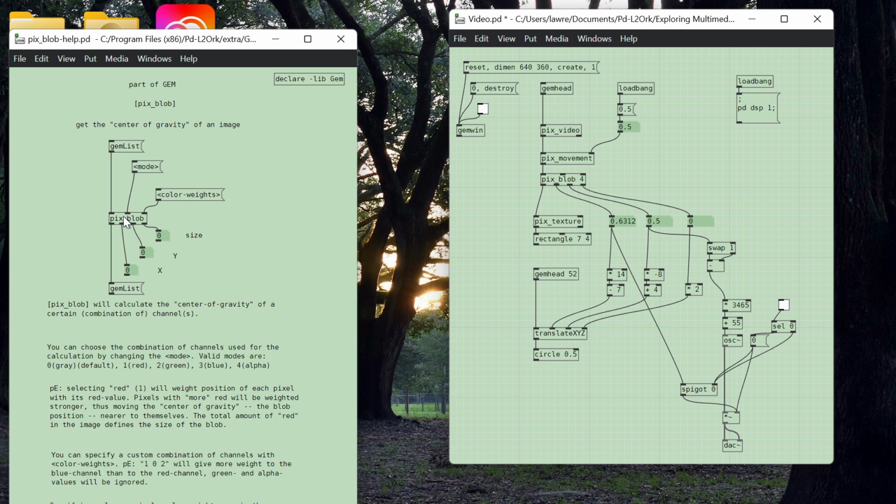Somehow that works, so that's what I've been sticking with. And then here is the color weighting. That's what the creation argument is. So here, when you type pix_blob and then 4, that creation argument is referring to this. Even though this is the second inlet, it's referring to this. And that second inlet is